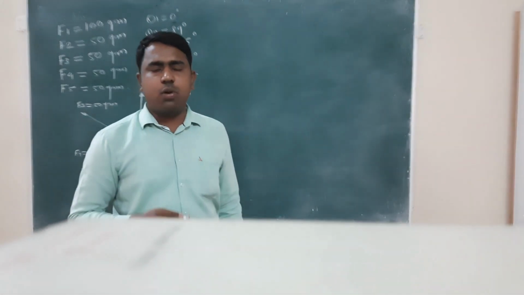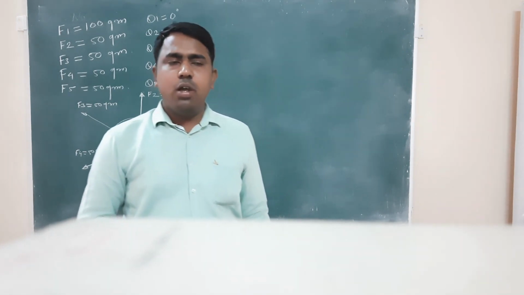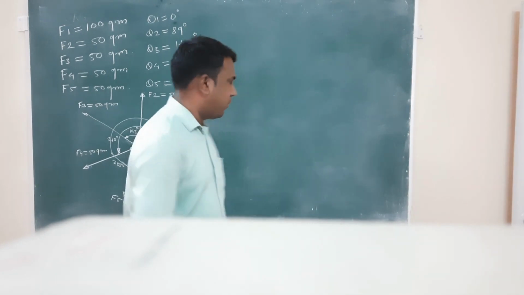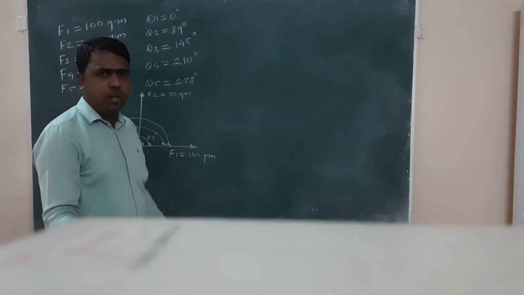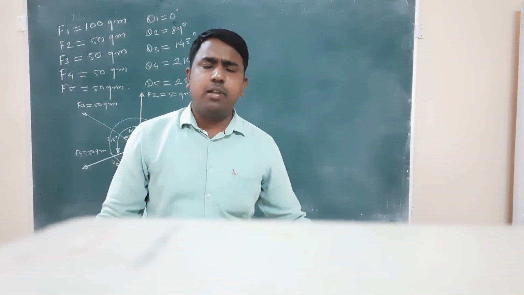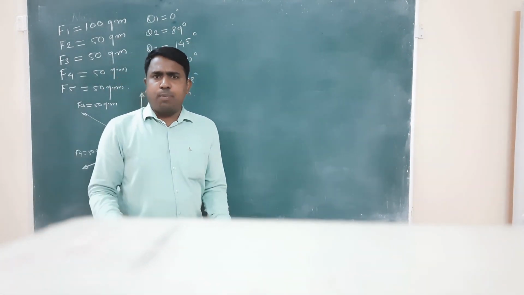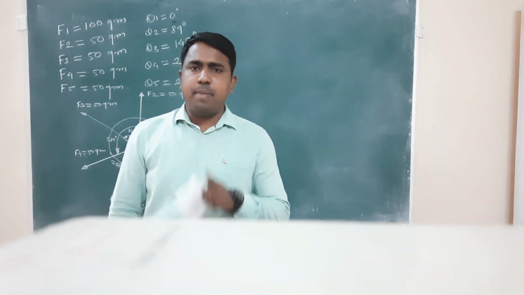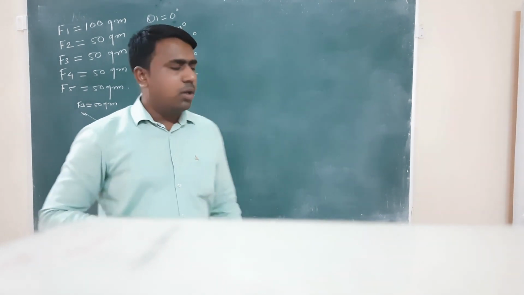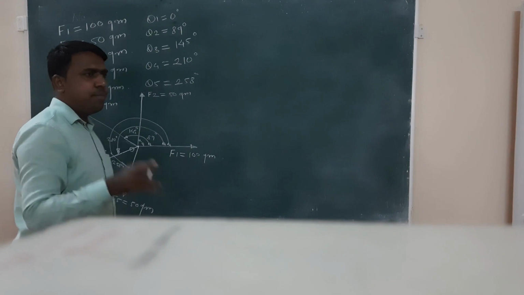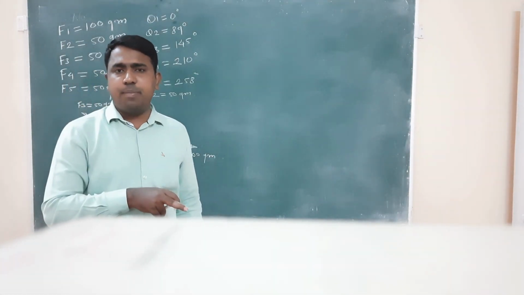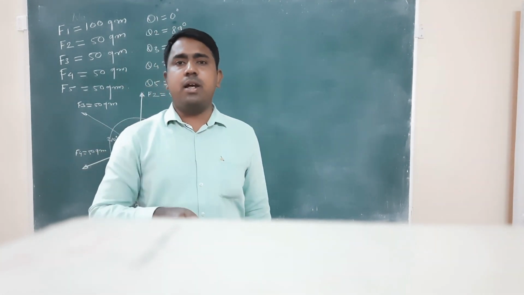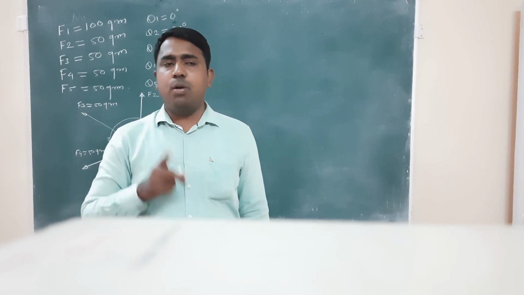Now the next part is to draw the vector diagram, which means here we have to draw the polygon. The law of polygon states that if forces acting on a point are represented in magnitude and direction by the sides of a polygon, then the closing side of the polygon is the resultant, which acts in the opposite order. Here we are considering 5 forces, but you can consider however many forces there are.